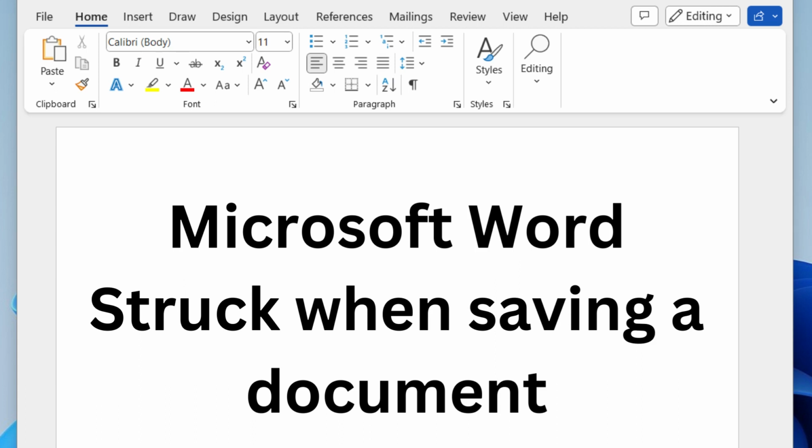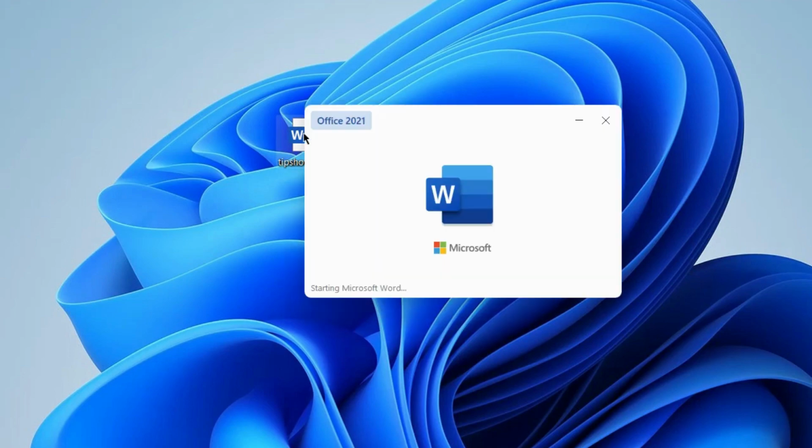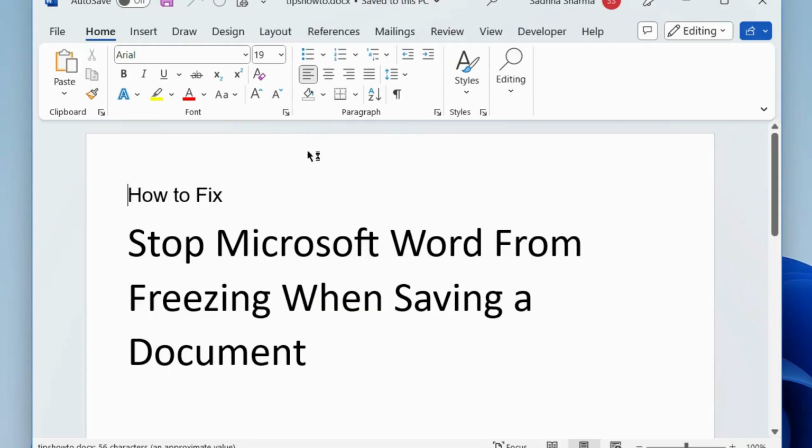Hello guys, how to fix Microsoft Word stuck when saving a document. Sometimes you try to save your Word documents and it will get stuck. How to fix this? At first, launch Microsoft Word and we will fix these issues of Microsoft Word freezing